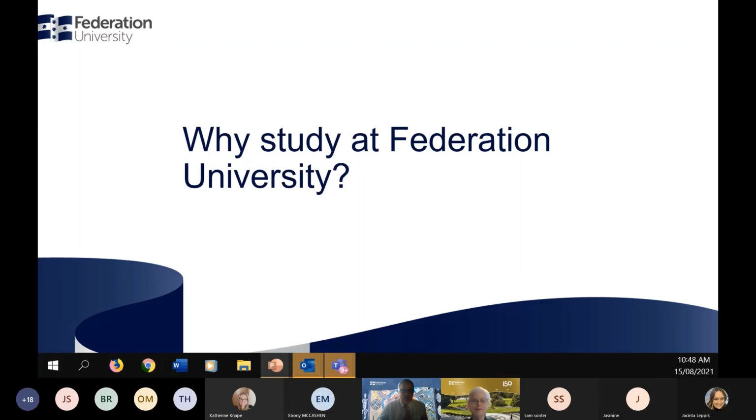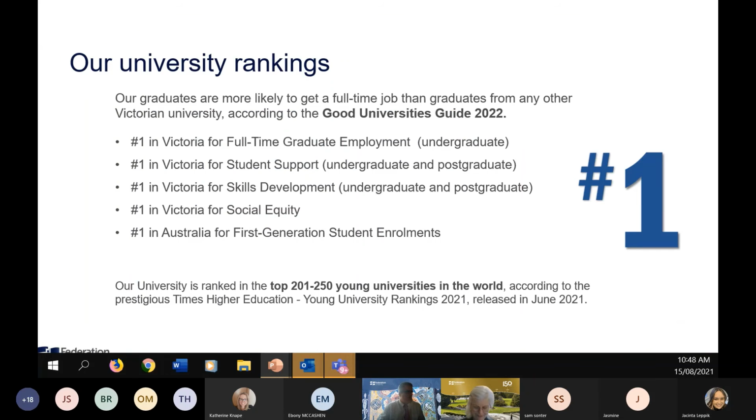Why study at Federation University? Well, that's a pretty good question, isn't it? Because there's lots of universities out there. Well, here's some of the reasons, and we're actually ranked number one in a whole range of pretty important characteristics according to the Good Universities Guide. So you can see there in terms of employment and student support. I reckon